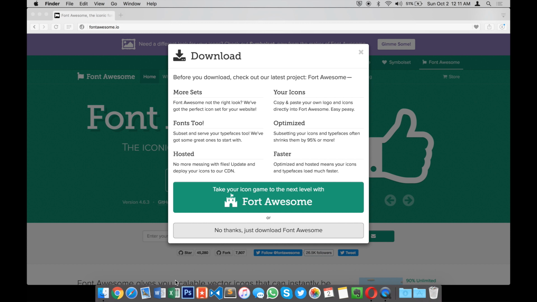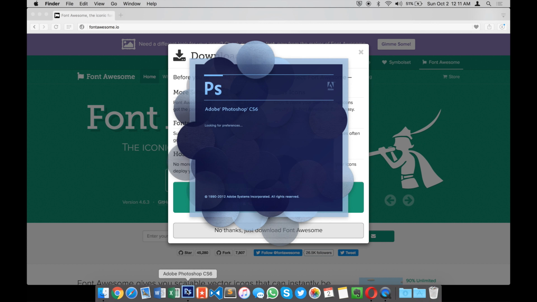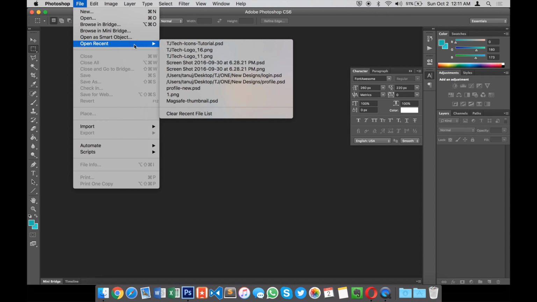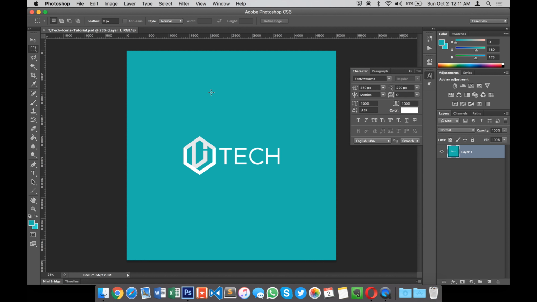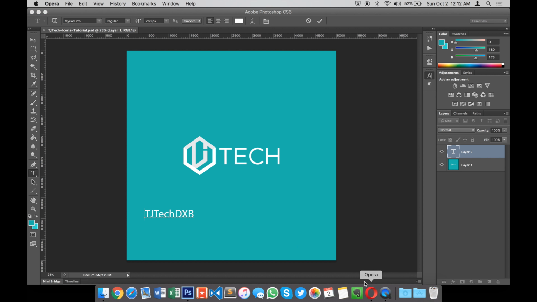From here, all you have to do is open up the design software. I open up Photoshop. I'm going to open up a file, and here I'll just create a simple text box. You can go ahead and put whatever you want to put. So for example, I'm going to use this Facebook social icon, so I'm going to just put my Facebook account. And now I want to put the social icon at the start of this. So I'm going to go back to my browser,